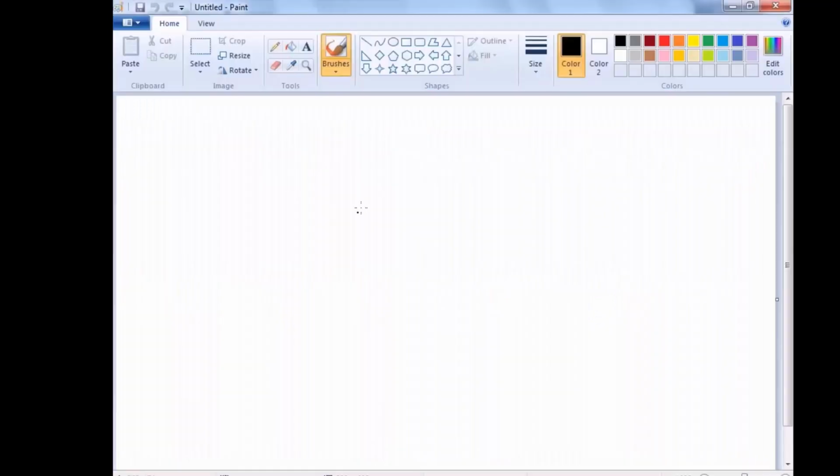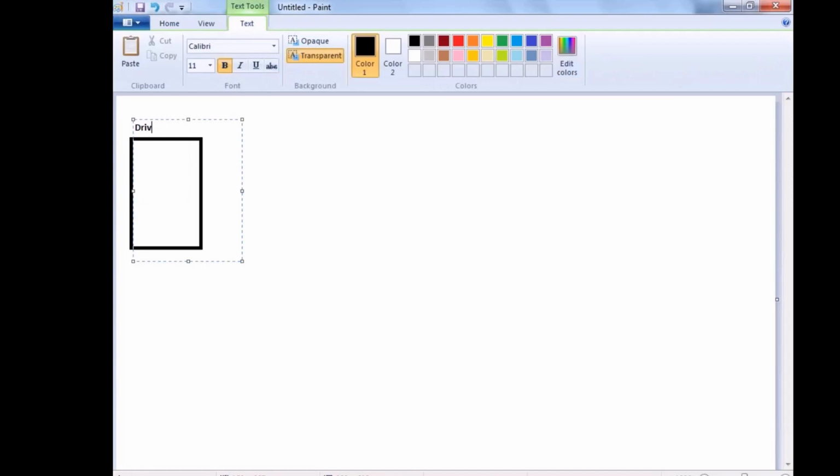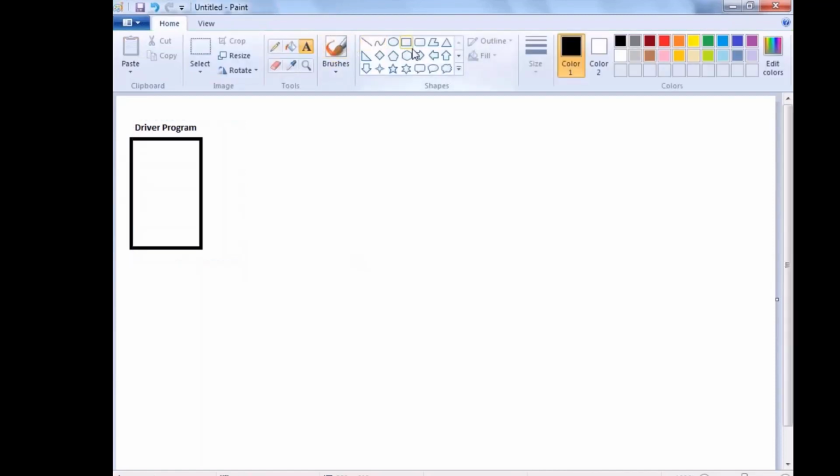Yeah, I'll just take a very simple example today, only for half an hour or less than that. See, what we'll do is, I want a driver program. Just try to understand. When I run this driver program, I should get a selection screen where I need to enter